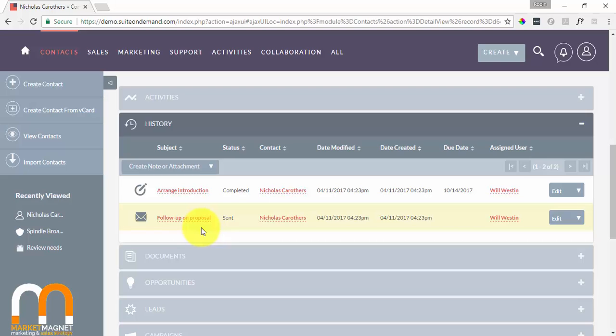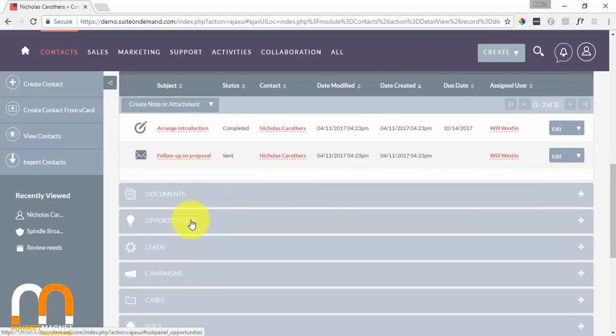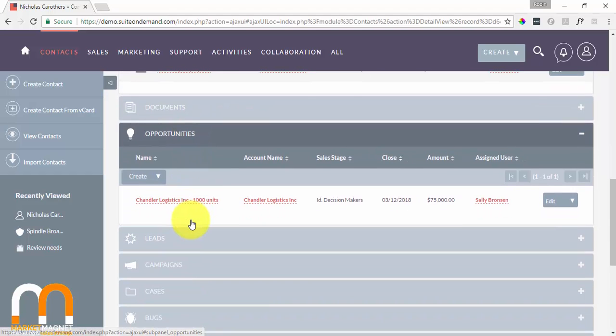So this is a real life example of me trying to gather the data just like you would if you were working with someone for the first time. Let's see if we've got any opportunities on the table with this company, and I see we do. So we've got an opportunity that's only going to be closing next year. It's a fairly large ticket item, so we want to treat this guy with kid gloves and make sure we